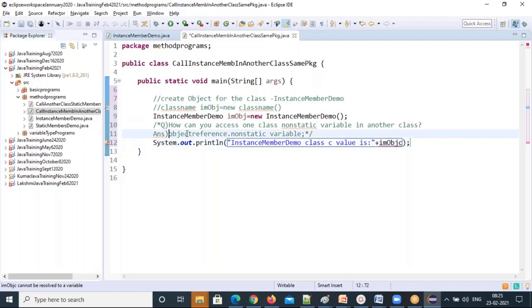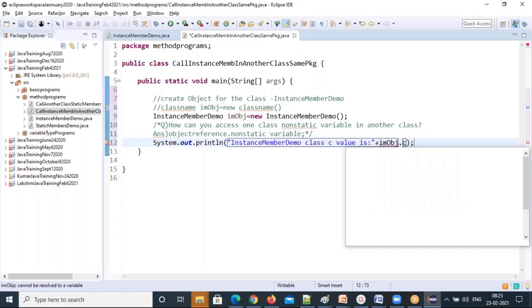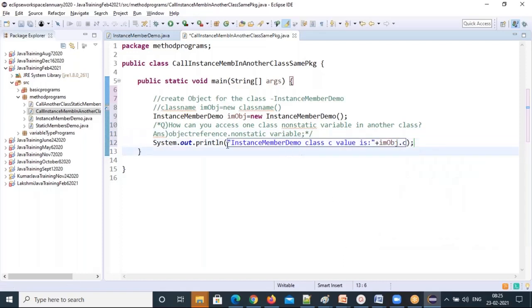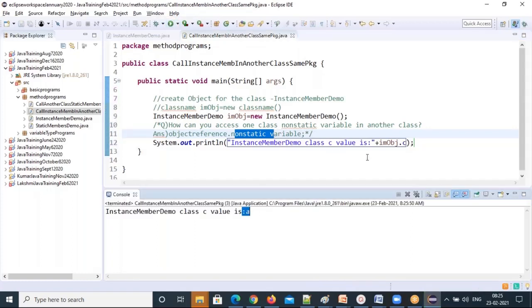The formula is very clearly object reference dot. Follow the formula; you don't need to think. The object reference here is iamObject dot the non-static variable, which has permission: C, I, F. You can use any of the three. See, I can access that, and you get the A value.